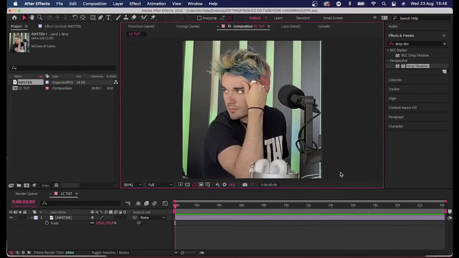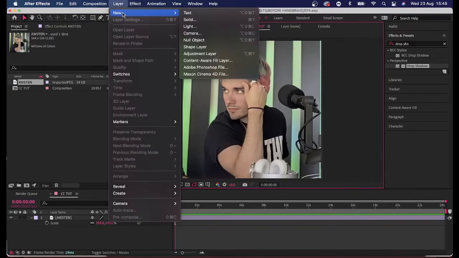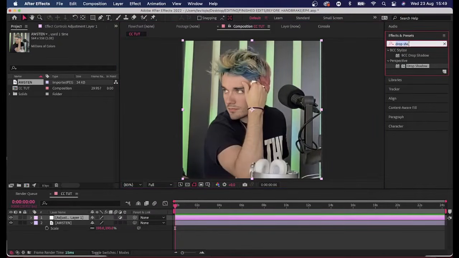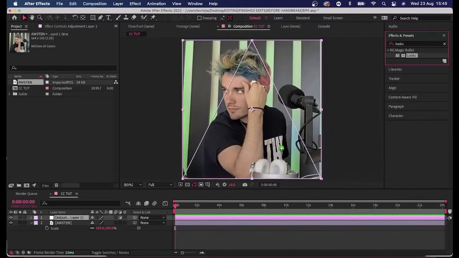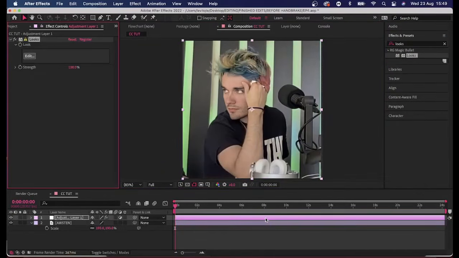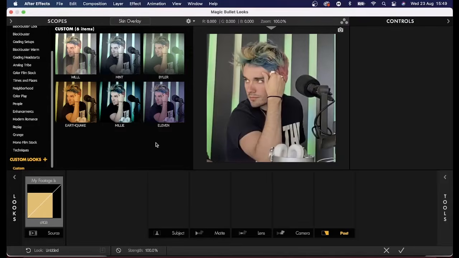So normally I would obviously do this after my edit has been completed, but I'm not making a whole edit for this tutorial because I'm lazy. So we've got a picture of the beautiful Austin night here, and all you need to do is after you finish your edit, you've added text, you've done everything, go up to layer, press new, adjustment layer, and then search in effects and presets for looks. You're then going to drag and drop looks onto this adjustment layer, and now this adjustment layer will basically change everything that's underneath it. So I'm going to go into edit over here, and as you can see, here are